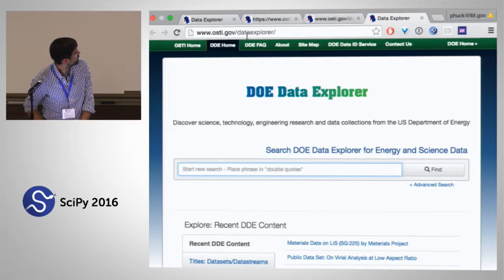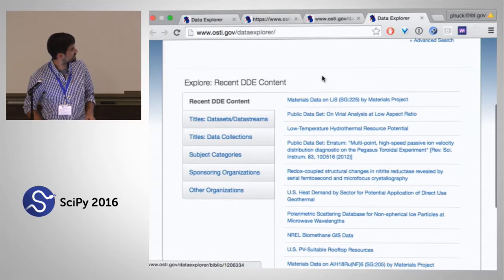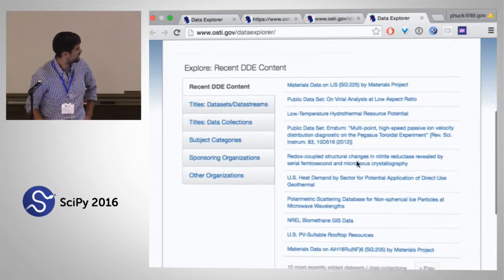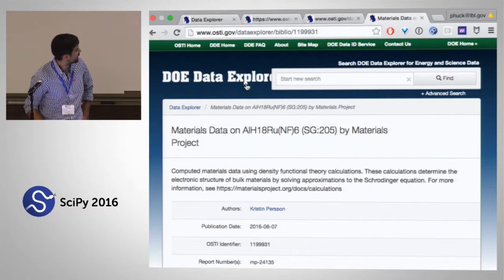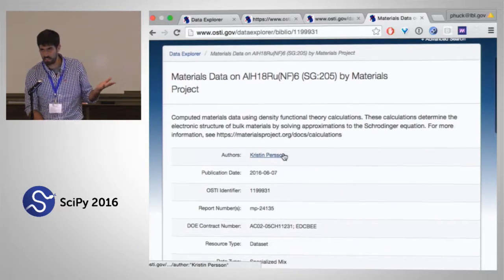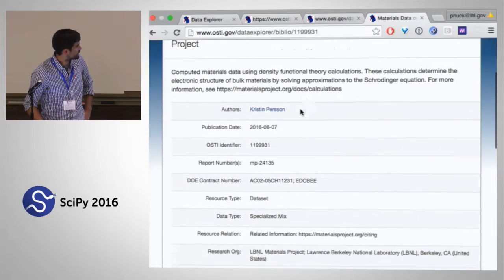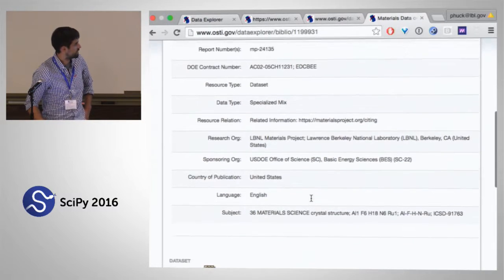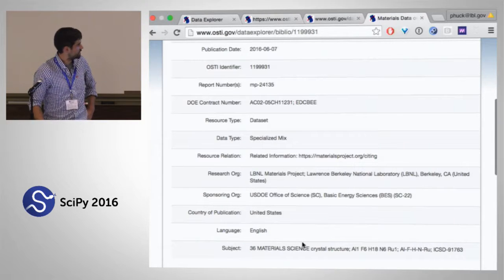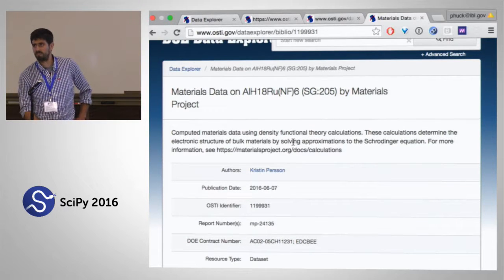That works. Okay. So this is OSTI's Data Explorer, and you can also see this is recent content. There's materials data on lithium sulfate here, and there's another one here. Let's look at that one. This is what a generic entry at OSTI would look like for a specific material. There's our own identifier, there's the identifier from OSTI, and information that's important for funding, like the funding agency, what subject it is, what the research organization, what the sponsoring is, and so on. So once the data is produced and public, this is important for